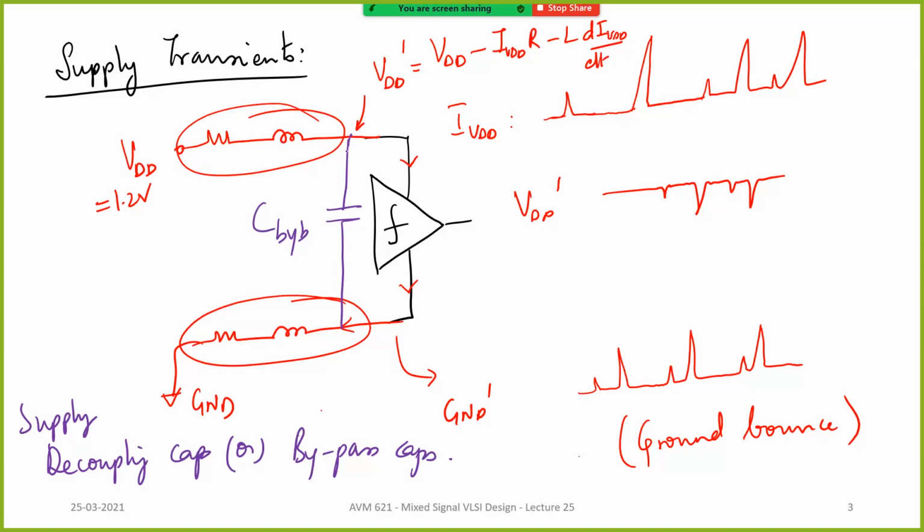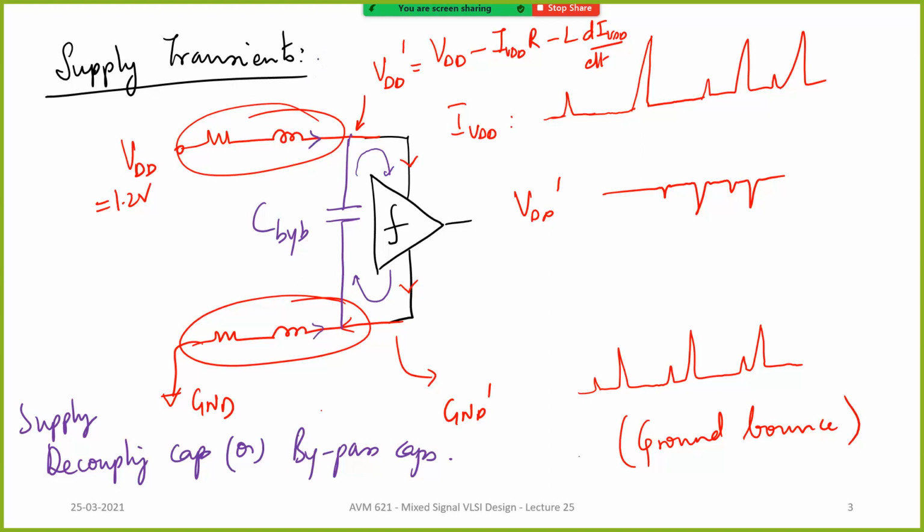The switching current, there are two ways to understand it. The capacitor's voltage will not instantaneously vary, so it will try to maintain the voltage as constant as possible. Another viewpoint, from the frequency domain perspective, is that this kind of glitchy current has a very large amount of high frequency content if you look at its spectrum. So that current is basically going to get circulated like this. The high frequency current gets circulated through this bypass capacitor, and so it is not actually drawn from the external supply.